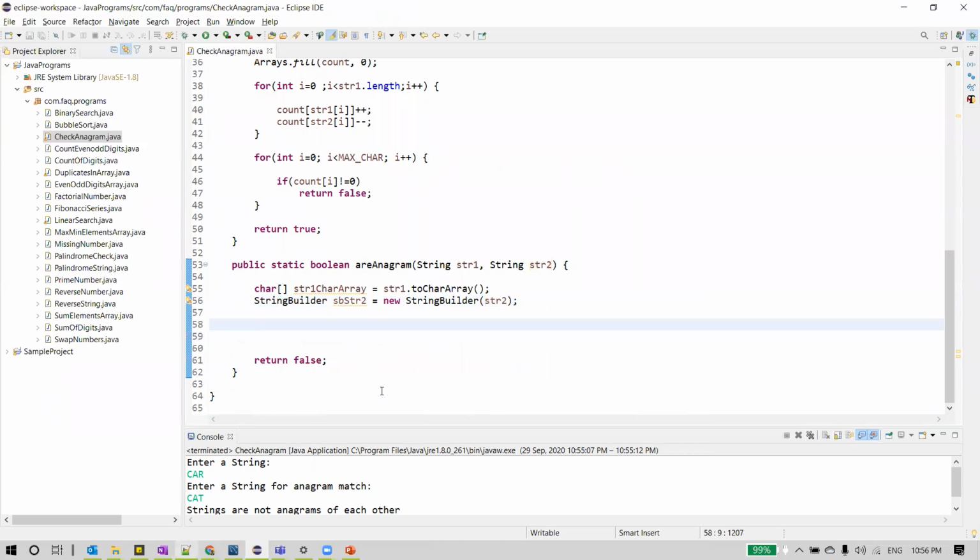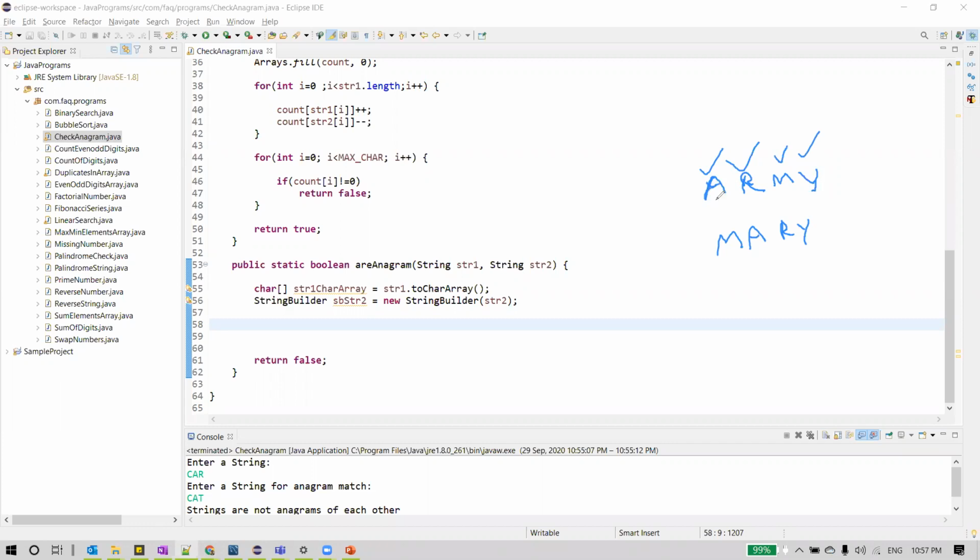Now, what we are going to do in this approach, say for example, we have two strings, Army and Mary. So the logic we are going to follow here is, let's say this is my first string. We'll take this character, reading character by character from string1.